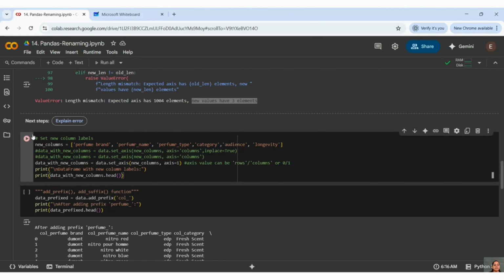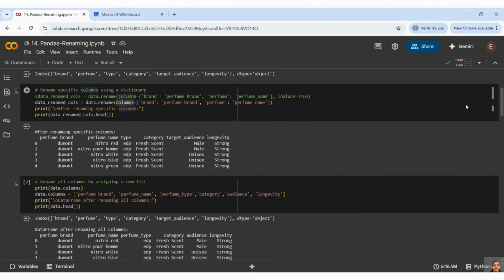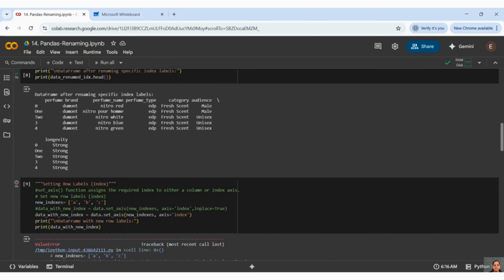You want to set new column labels. So what it is saying here is that it's another method, guys. In the top section I have shown you calling this dictionary where columns is your property. Here this is another method.